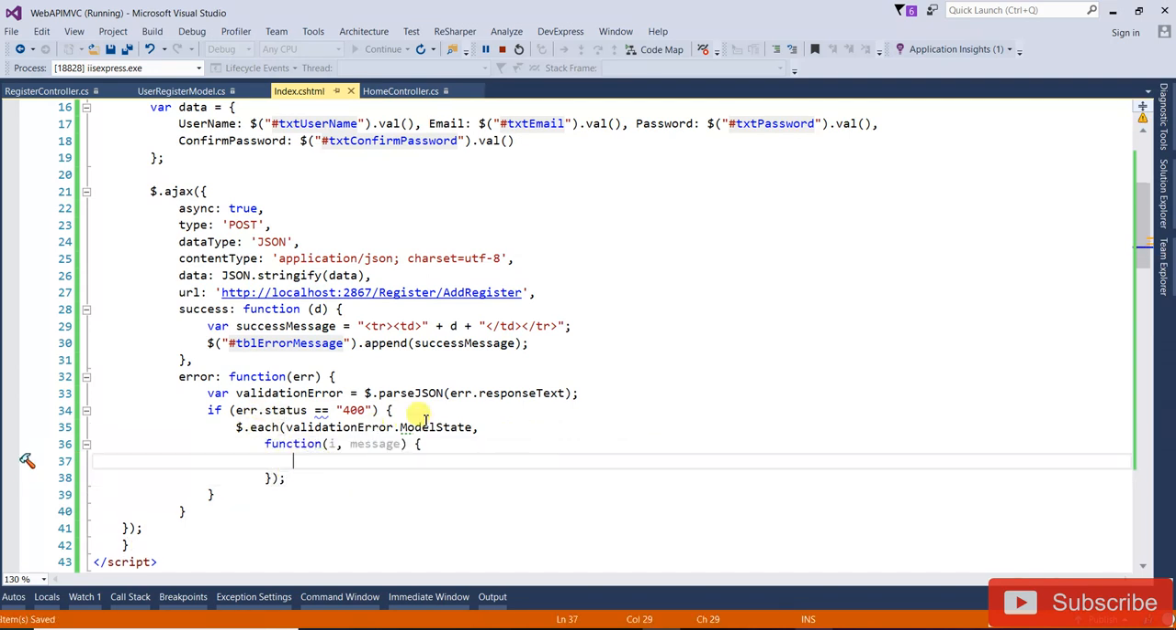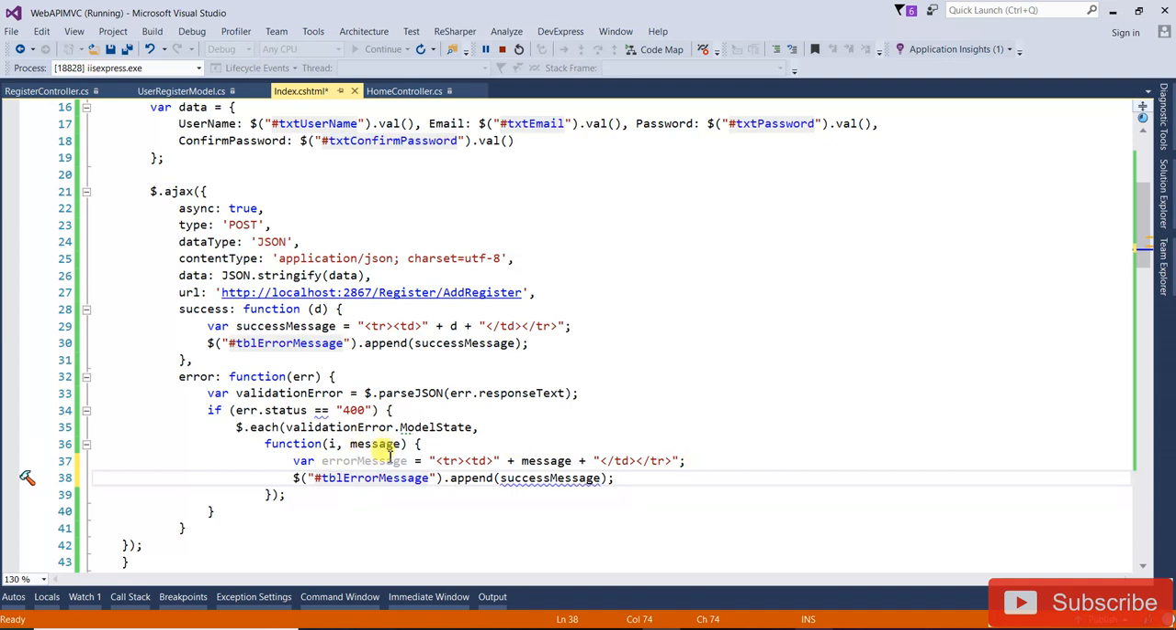Okay, this one is the message. Now same things we have to add, like this one will be your error message. So here it will become your message. So this one needs to be added into your table. So it will come here, type and message, and except that if it's not 400, then